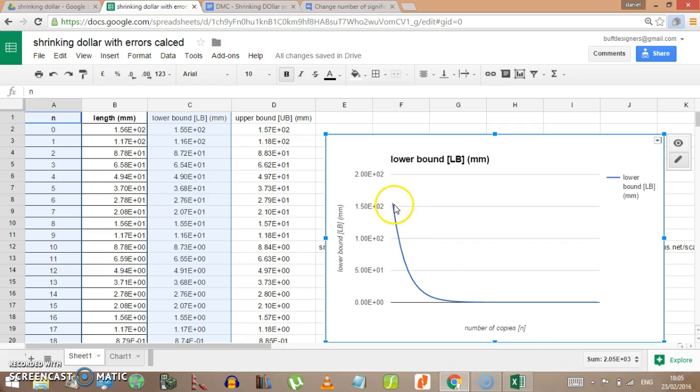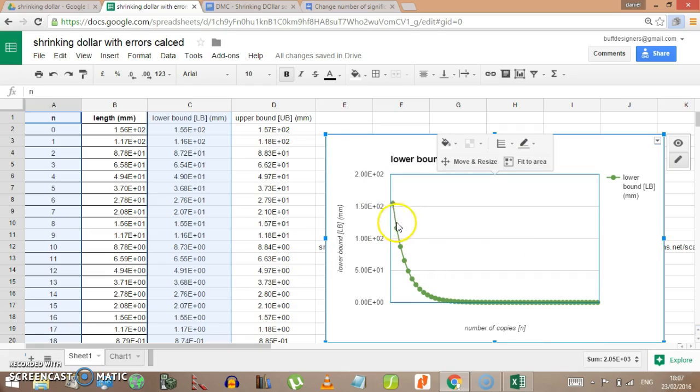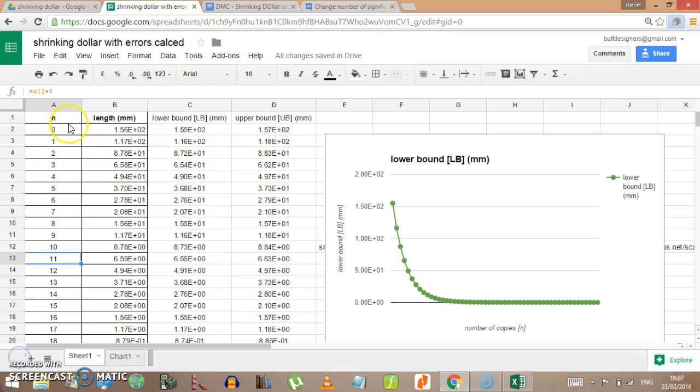Just another point, actually, I should really have just plotted points here rather than a continuous line, because the dollar size only exists for discrete values of n, I should say. Well, I couldn't get rid of the line, but I did manage to get points plotted. So this graph should only really exist for the points, because it's a discrete series there. Just to insert a chart, we go click on